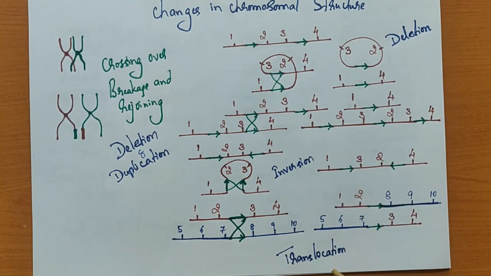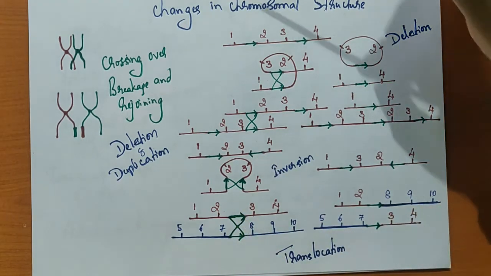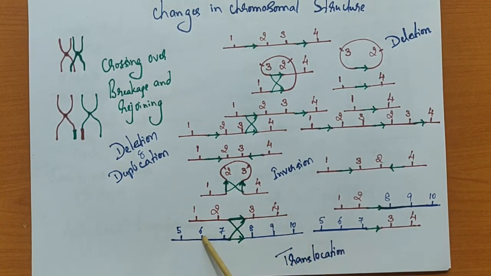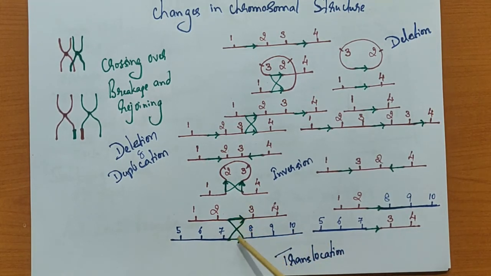Another one is going to be the translocation. The translocation takes place between the homologous region distributed in two different chromosomes. Here is a repetitive unit in one chromosome with 1, 2, 3, 4 genes. Assuming that we have another chromosome 5, 6, 7, 8, 9, 10, then there is a repetitive unit. When these two pair because of the homologous region, if a crossing over happens, 1 to 8, 9, 10, and 5, 6, 7, 3, 4, 5, 6, 7. So this is the result of what is known as a translocation.